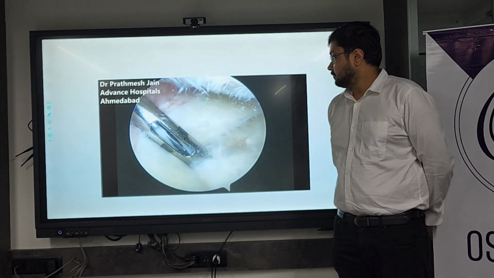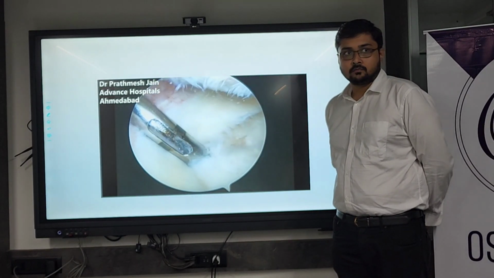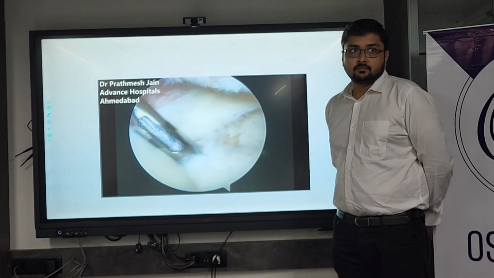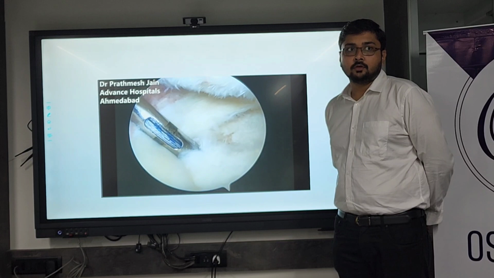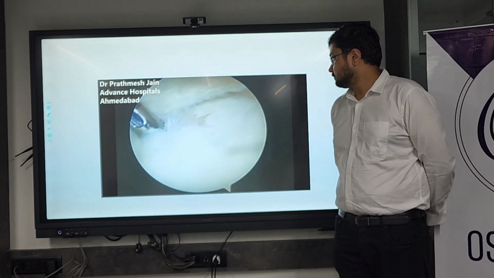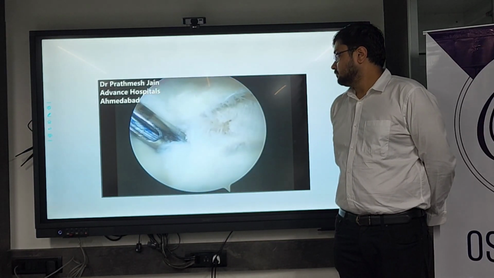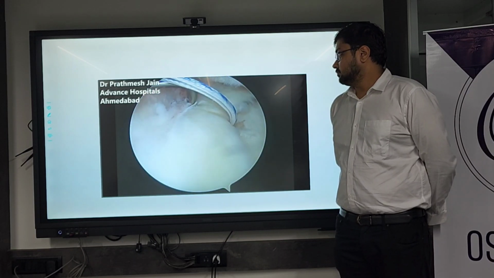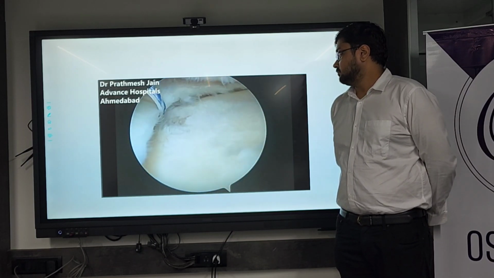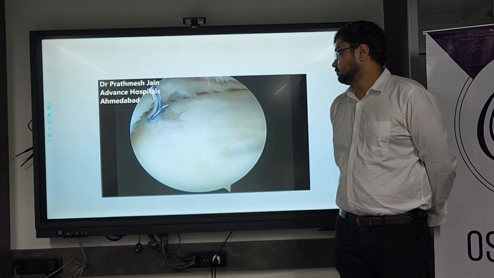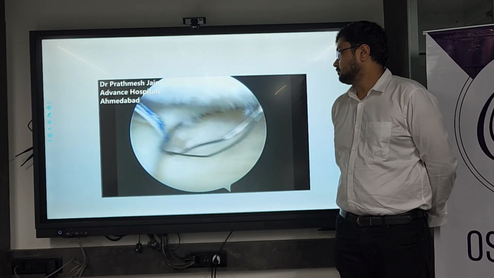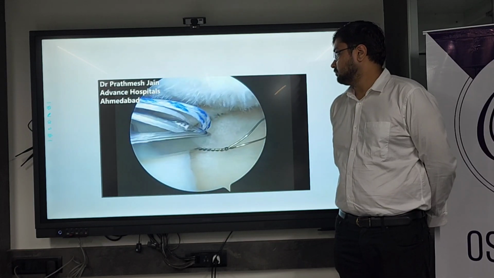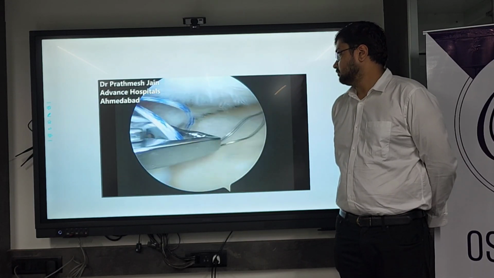So we drill the first anchor, and the first anchor is approximately at the same place where the condyle lesion is on the anteromedial aspect of the tibia. So this is the first anchor. When we put it, you can check the strength of the anchor by pulling the threads, and after that we will be using our suture passing devices to pass the suture sequentially through the meniscus. So this is the first pass, and we will be passing sutures one by one from there.